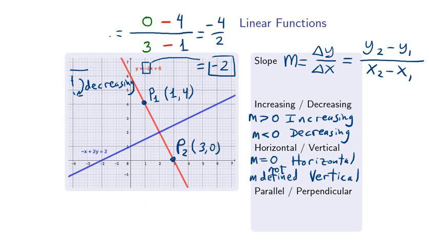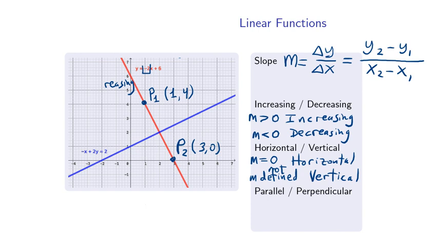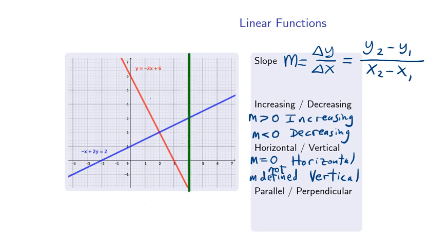We'll erase this, and I'll draw a vertical line. Let's put it over here. So here's a vertical line, and I'm going to pick 2 points on it, any 2 points. Here's one, P1 has coordinates 4, 6, and here's another one, P2, with coordinates 4, 1. And if I compute the slope of that, the slope is going to be